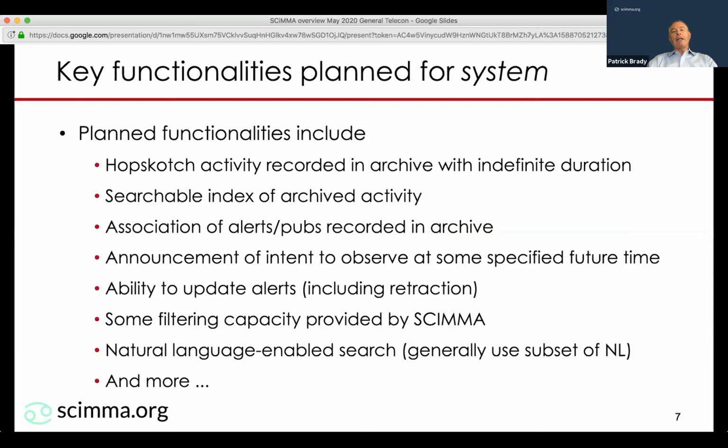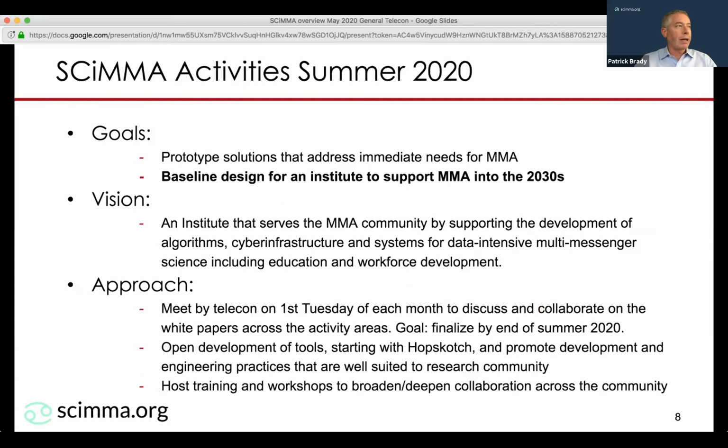So in addition, the other thing that you'll hear a little bit about today is the identity management system and where that is. Now, I want to finish this slide, and then we can have a few minutes for questions, perhaps, to just say where we're going over the summer, and then heading into the fall and next year. At this stage, we do want to reinvigorate the baseline design of the Institute.